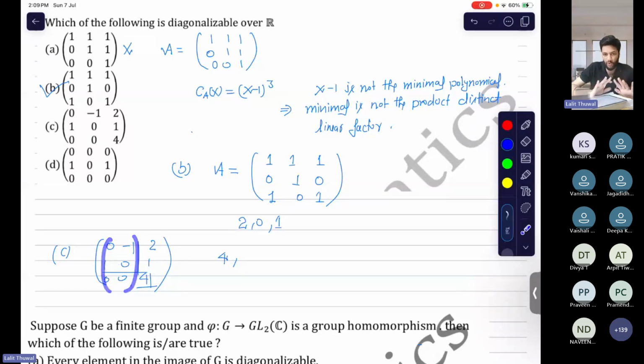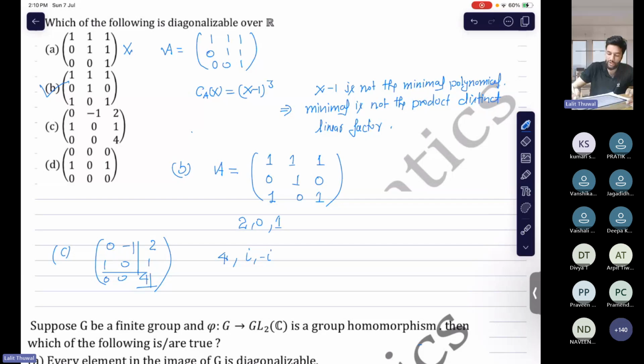So the eigenvalues will be 4, i, and minus i. So the eigenvalues lie outside the field, so the matrix is not diagonalizable over R. And the last one, how do you know about the last one? It's easy. Okay, see that